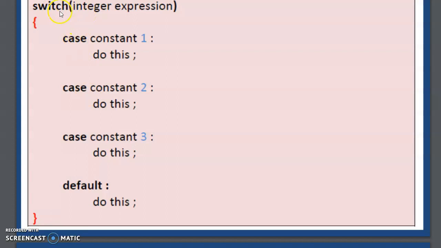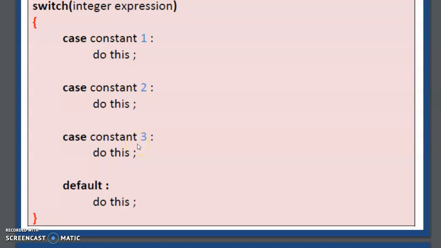Suppose I enter switch 1, then case constant 1 and the statements under it would get executed. Had I written switch 3, then case constant 1 and case constant 2 would have got ignored, and only case constant 3 and the subsequent statements within that case constant 3 would have got executed.